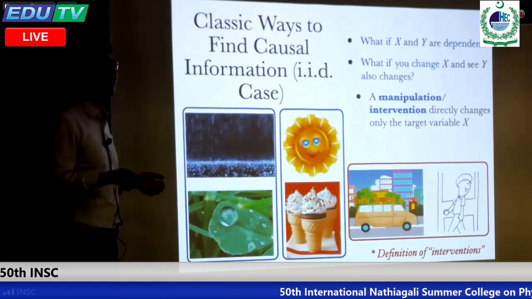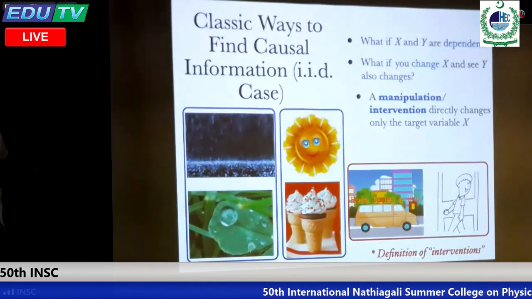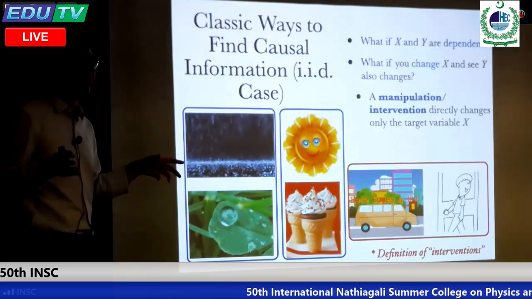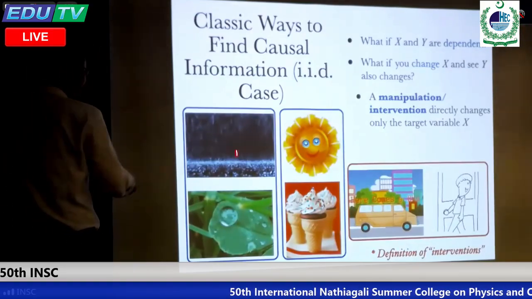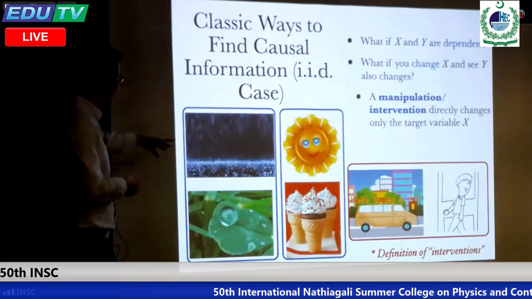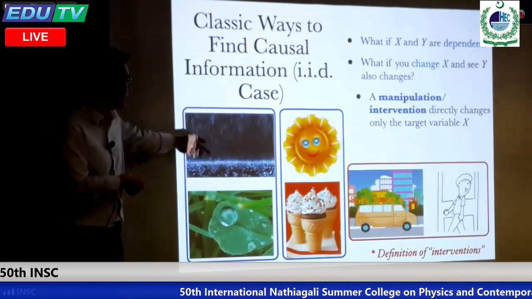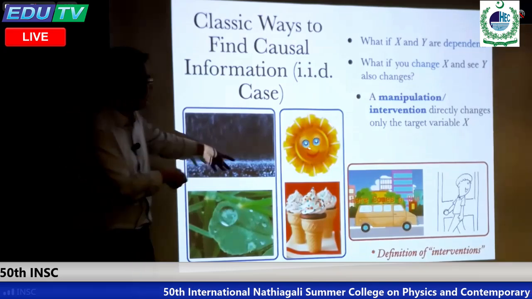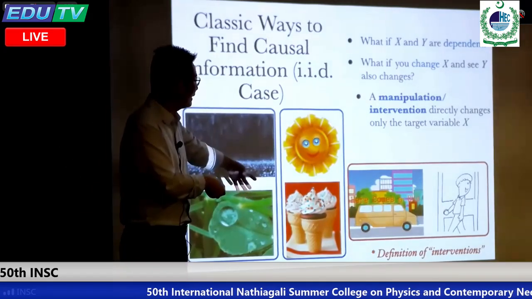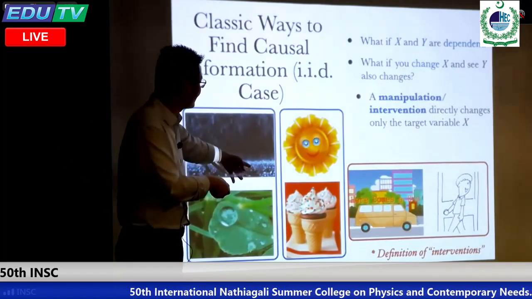We try to do interventions. Or later, we can also try to do controlled and randomized controlled experiments. So they are similar here. By doing interventions, by imagining doing interventions, you can verify that rain is the cause of wet grass and hot weather is the cause of high sales of ice cream, and so on.